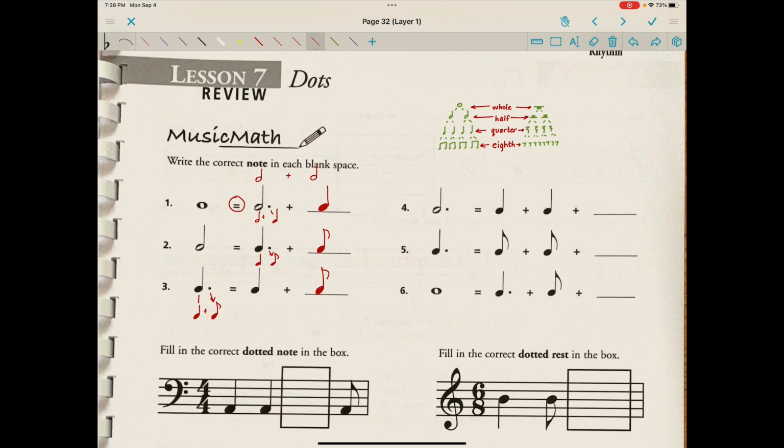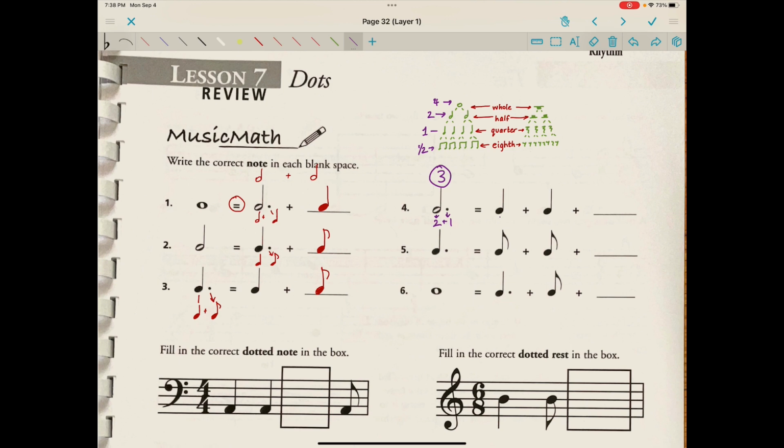Another way of going about this would be to assign a note as the pulse note and just do it literally with math. So, meaning using numbers. So I could put a 1 right here, assign the quarter note as 1 beat, which would make the half note 2 beats, 4 beats for the whole note and whole rest, and then half a beat for the eighth note. So let's just literally do the math. So this would be worth 2 beats. Its dot is worth half of that, so plus 1. So this side is worth 3, okay?